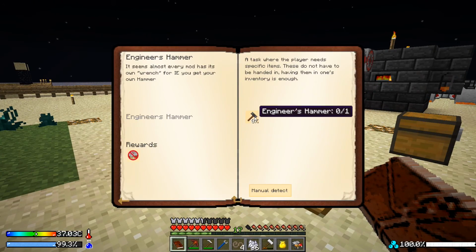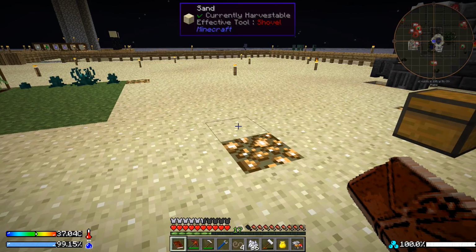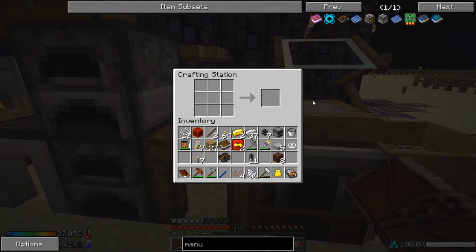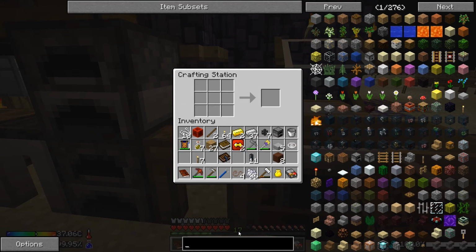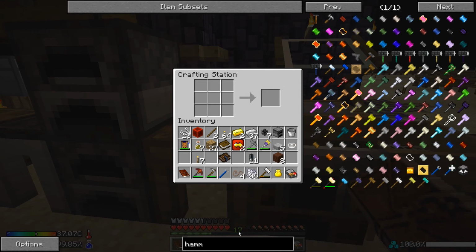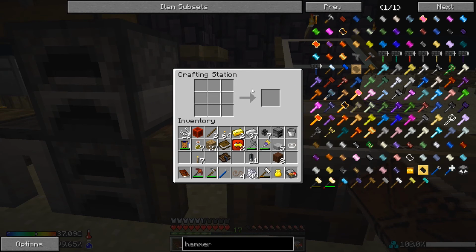So the next stage is an engineer's hammer. And what is that? Rewards invalid item. I don't know what the invalid item is. It was probably a reward bag or something. So if we type in hammer and we look, there it is, engineer's hammer. It wants a string, two sticks and iron. So if we do that,